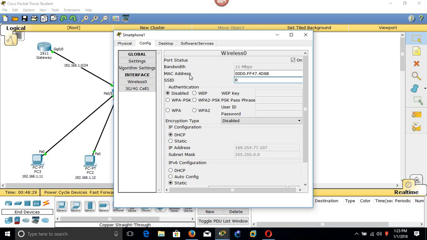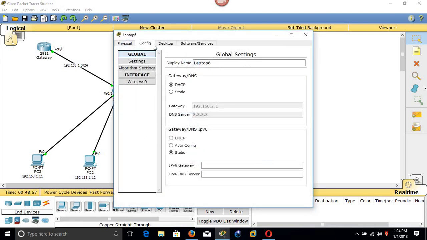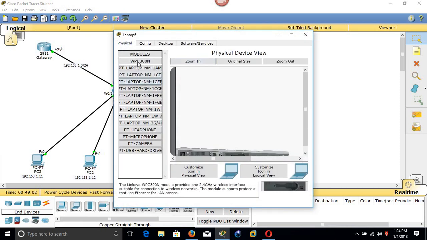Here we have ReadyFox. Here we have password 1, 2, 3, 4, 5, 6, 7, 8, 9, 0. Okay. So now we have already created the connection between this device and the wireless access point. Now we need to confirm the IP address which is given to these machines. This is the first machine we have configured.